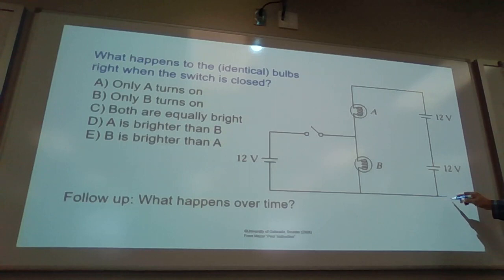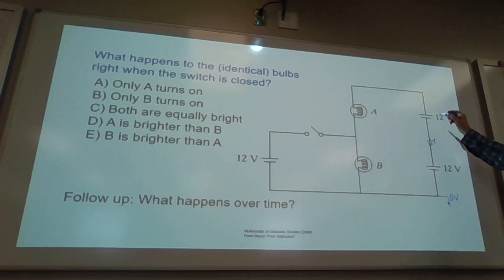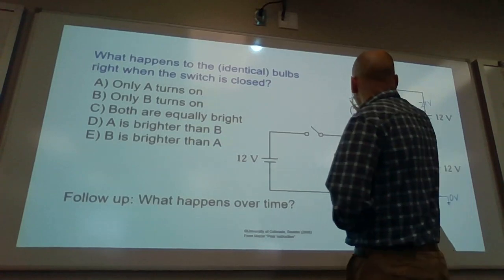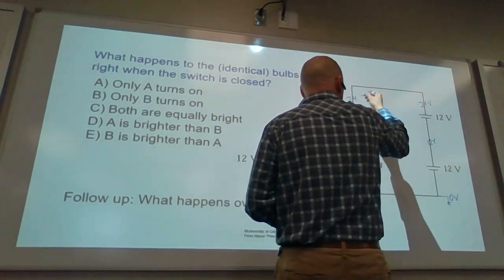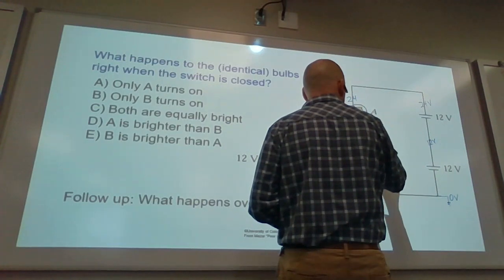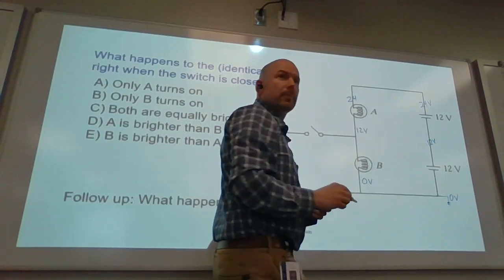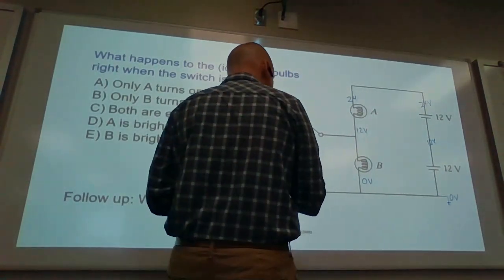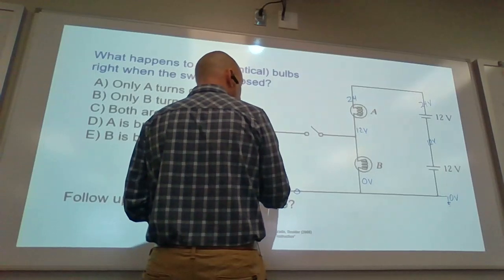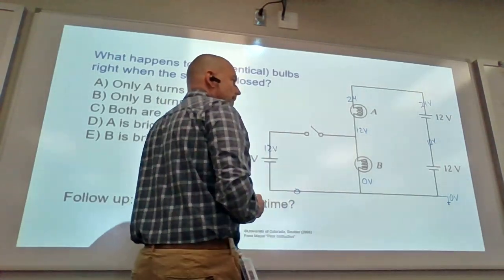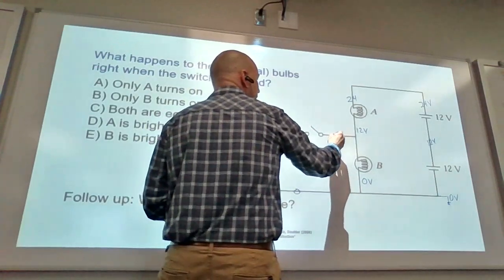I'm going to say this is 0 right here. You can pick anywhere around here to be 0. This is like ground. So I'm going to say this is 0 volts. So you have 12 volts here, you have 24 volts here. In this loop, this needs to be 12 and 0 for that loop. Everybody good? Okay. So this is 0, this is 12, this is 12.